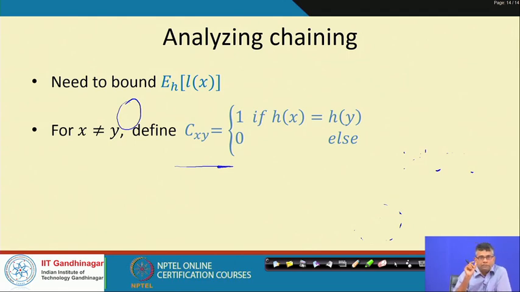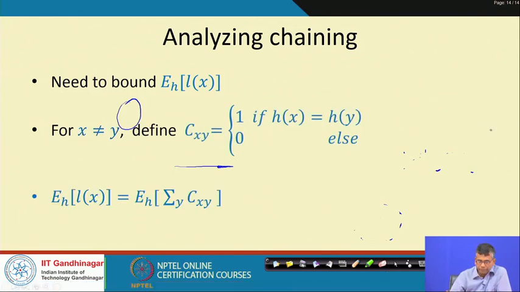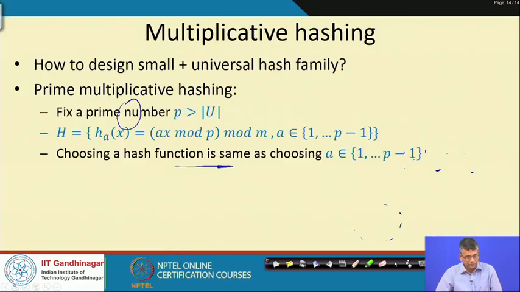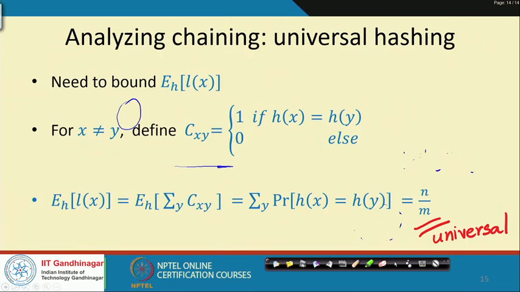For two elements x and y, x not equal to y, define the following indicator variable c_xy. So, c_xy equals 1 if h of x equals h of y, that is, h is telling you to map x and y into the same place, and c_xy equals 0 otherwise. Therefore, now I can write L of x in terms of the simple random variables